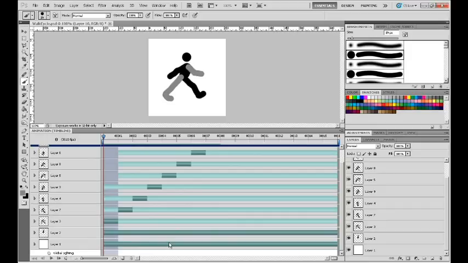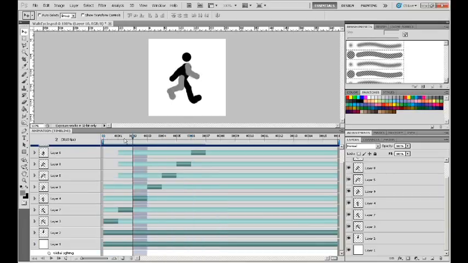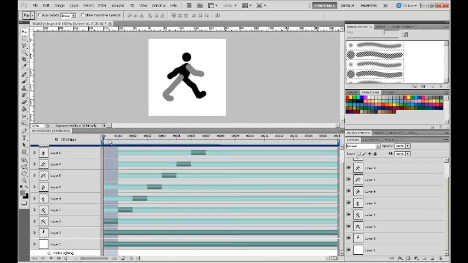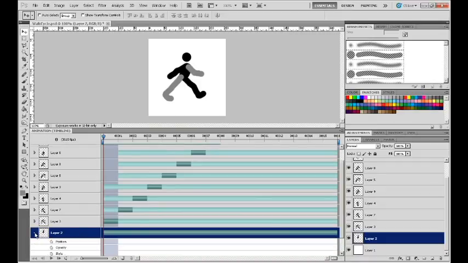Alright, so the next thing is to get our character to bob up and down. Alright, the next thing we want to do is make sure that our character is bobbing up and down while he's walking, because right now his legs and arms are moving fine, but his body is really stiff. His head's not moving, his body's not moving. So we want to select our torso and head, and we want to click on the left icon here, just to the left of